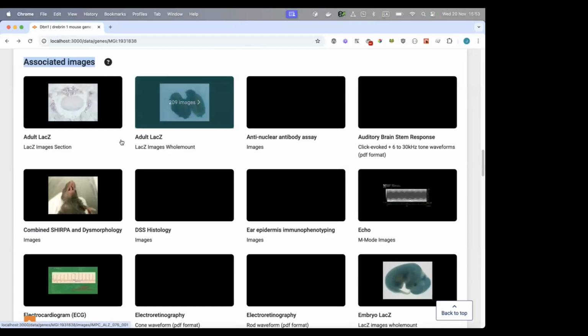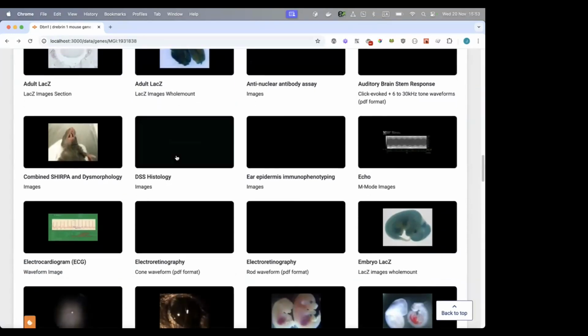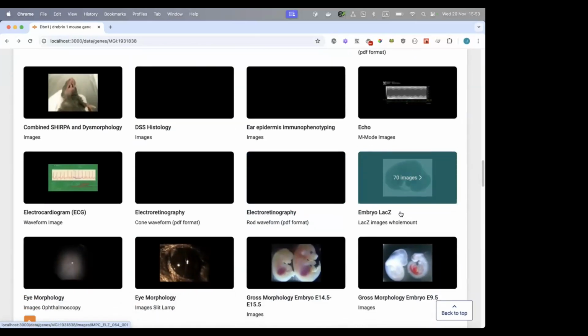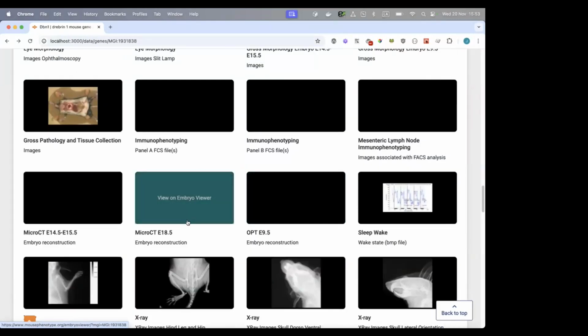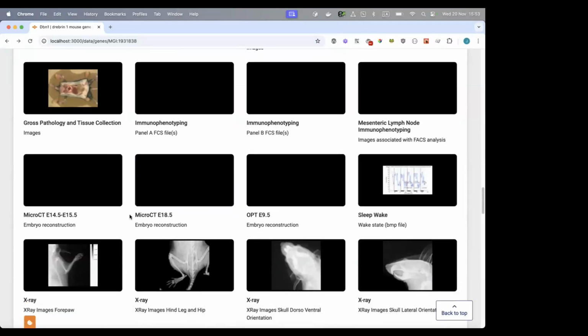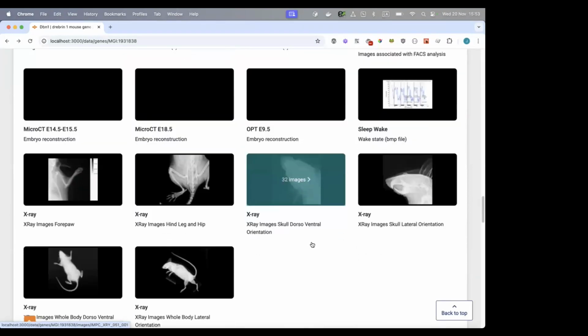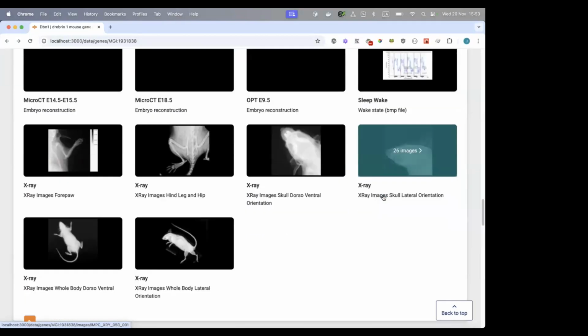At the top, you can see some of the adult LacZ images that we saw. In the middle, we have the embryo LacZ images and gross morphology images. We have some micro CT scans of the embryo at different stages, and on the X-ray, we have more scans. So I'm just going to open one of these